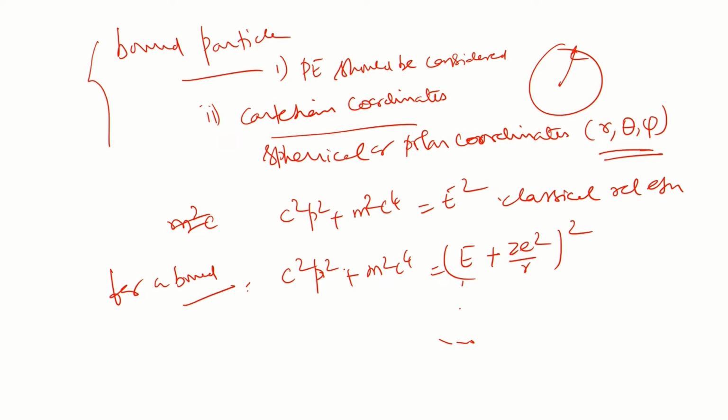That is, we are using the potential energy term here. This is the potential energy, this is the energy term. For a bound particle, there will be a potential energy, and that potential energy should be considered. So, the equation is not E, but E plus Ze square by r, whole square. Now, the potential energy correction is included in this term. So, keeping this term and replacing